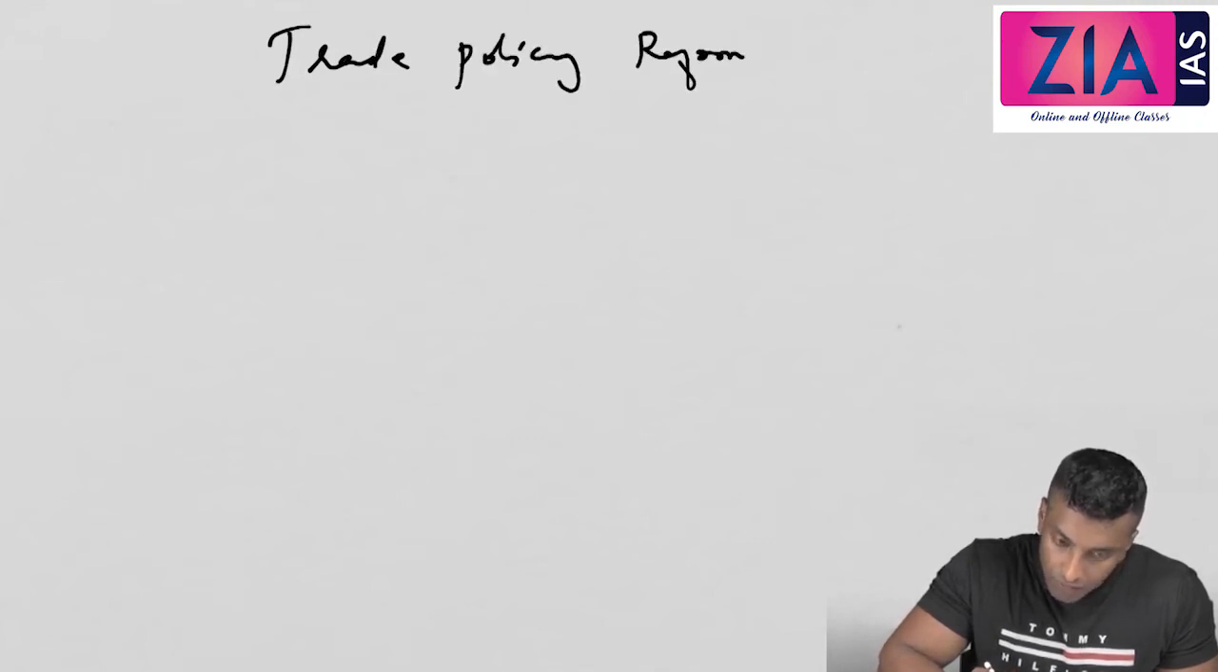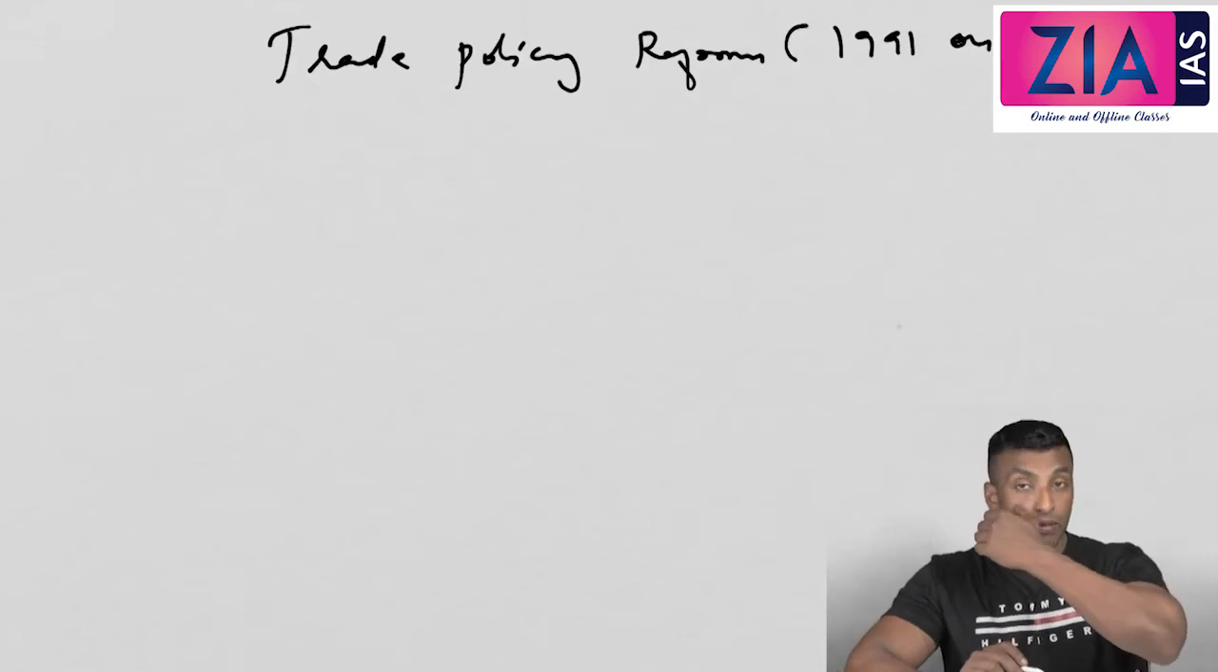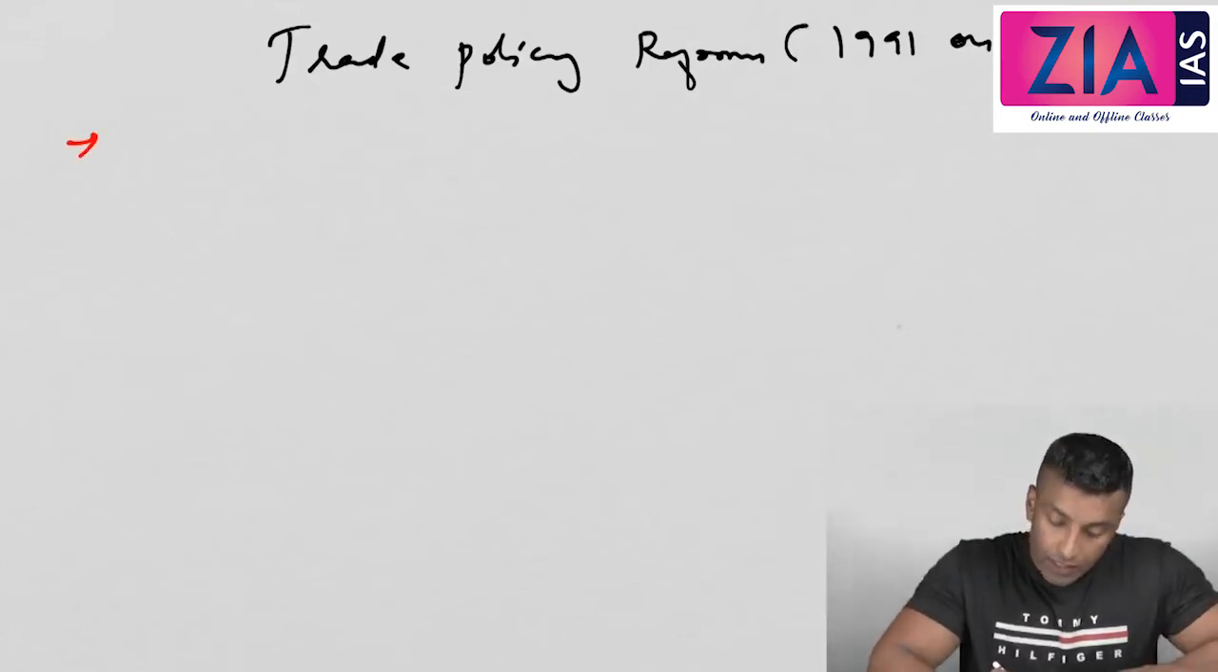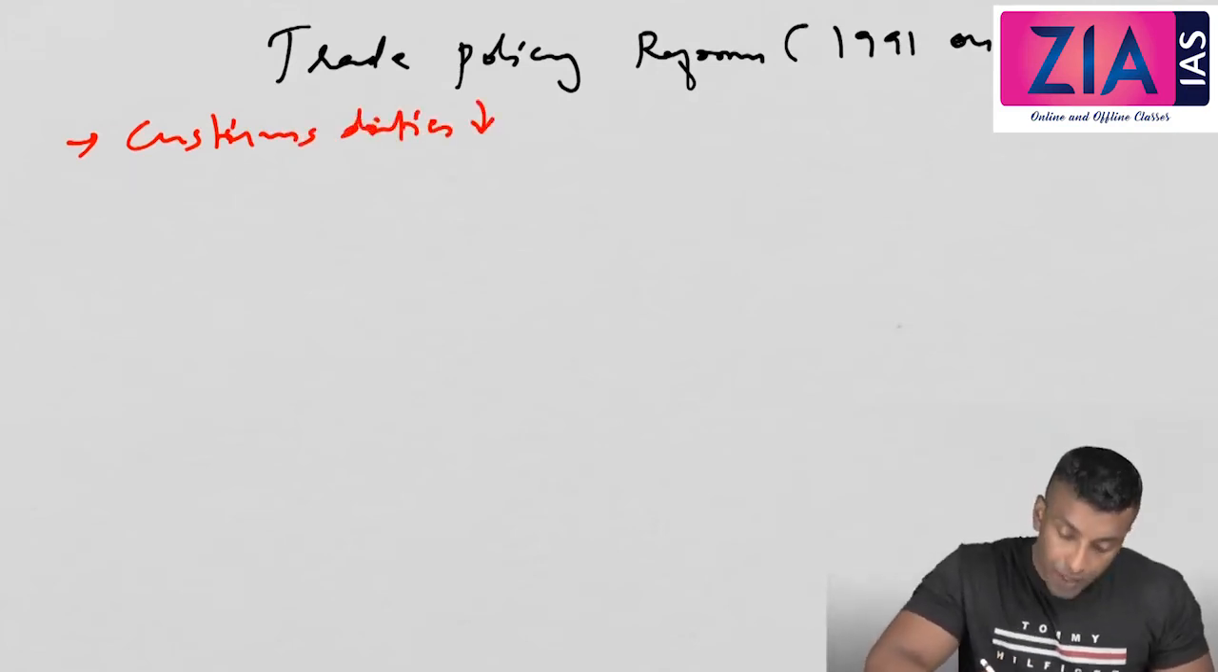Okay, now let's move on to trade policy reforms, 1991 onwards. What are the reforms which have taken place from 1991? The first one that we need to discuss is that customs duties have been reduced. Customs duties decreased. See the peak rate of customs duty,